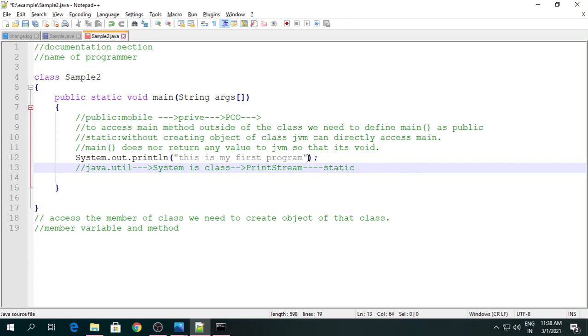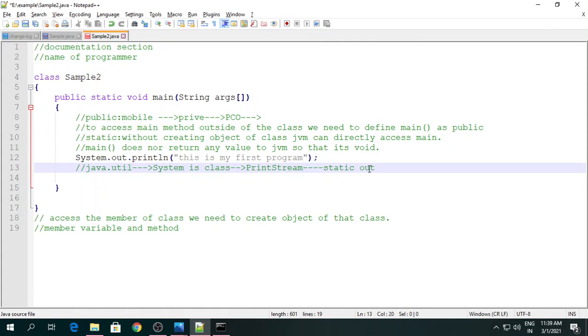That static variable is nothing but out. So your out is a static variable present in the System class, of type PrintStream, and your System class is available in java.lang.